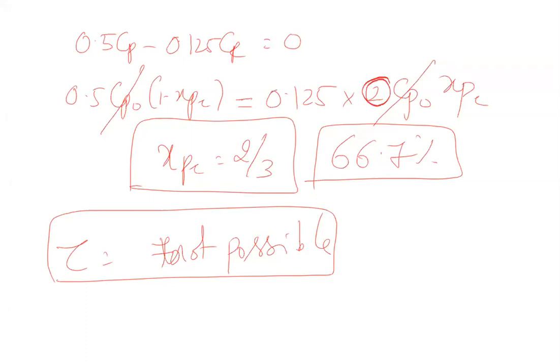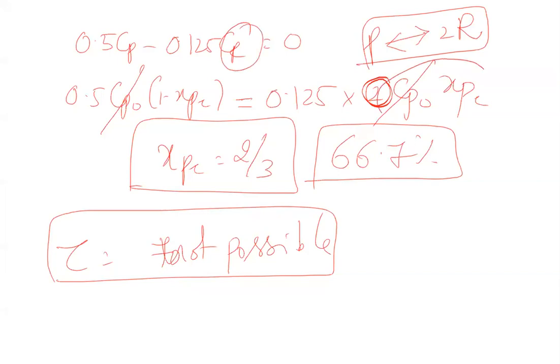So why 2 is coming? Because this is P gives 2R. No? What is CR is how much amount of P converted, and R formed will be 2 times. And then units of rate constant is also important.